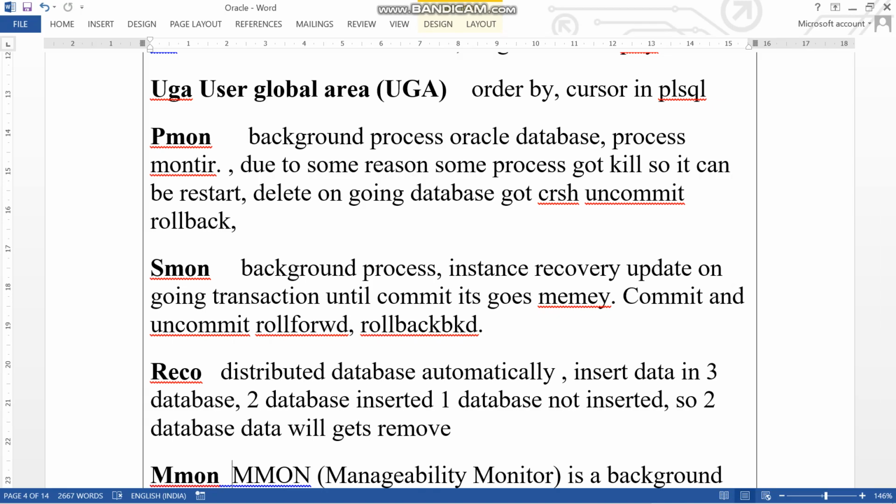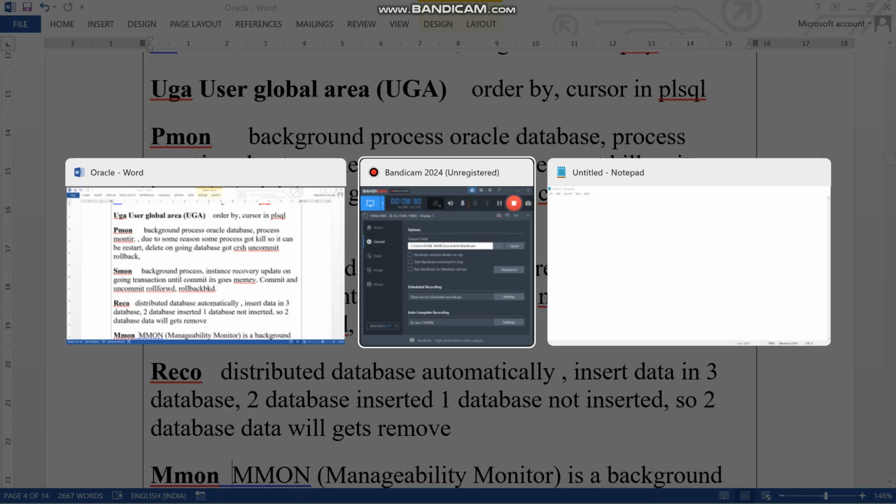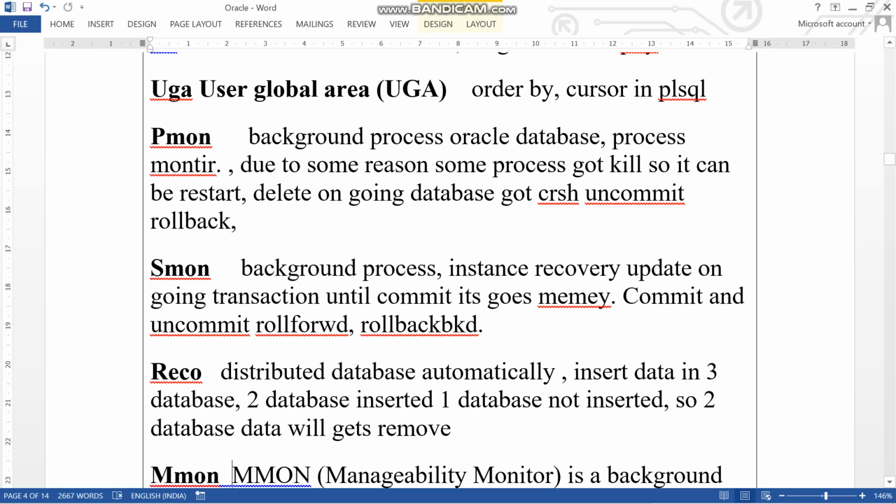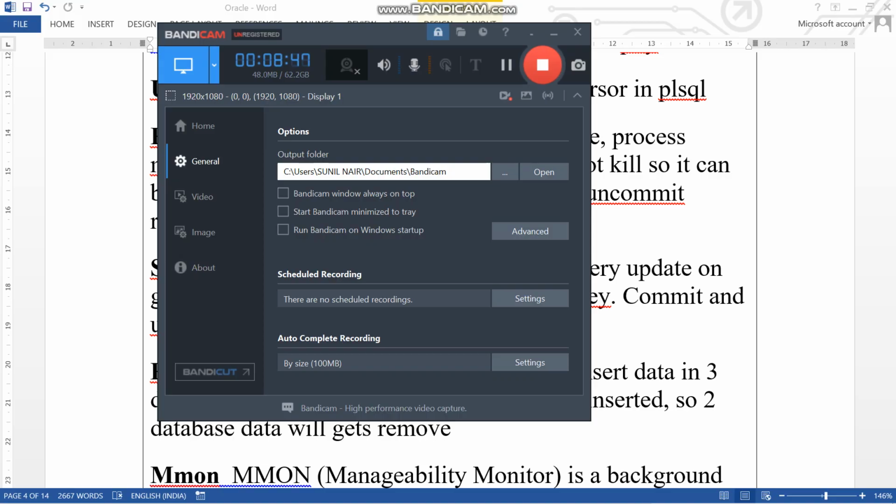One person told what rollback forward means: you can completely flush the entire process, and you can insert the entire process to the file also. If you have done insert and update and you have to uncommit the data, that also is possible through SMON, and if you want to commit it, then also you want to commit the data file,